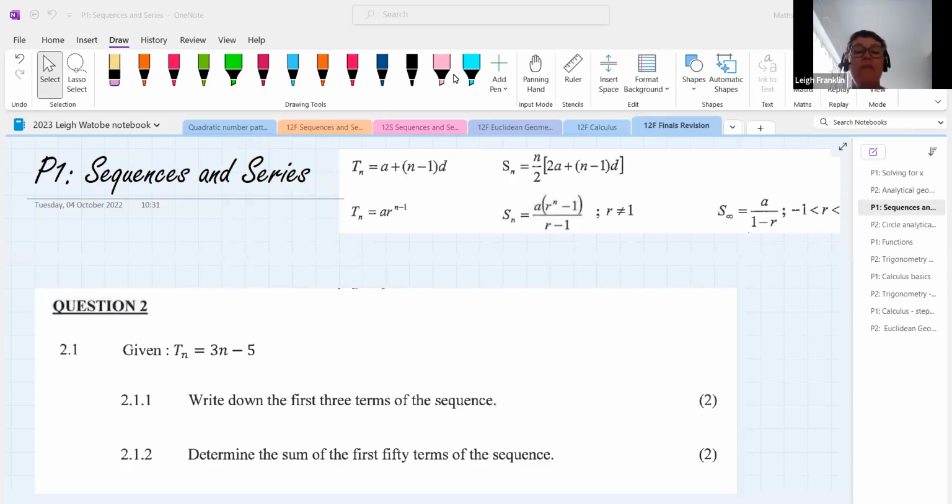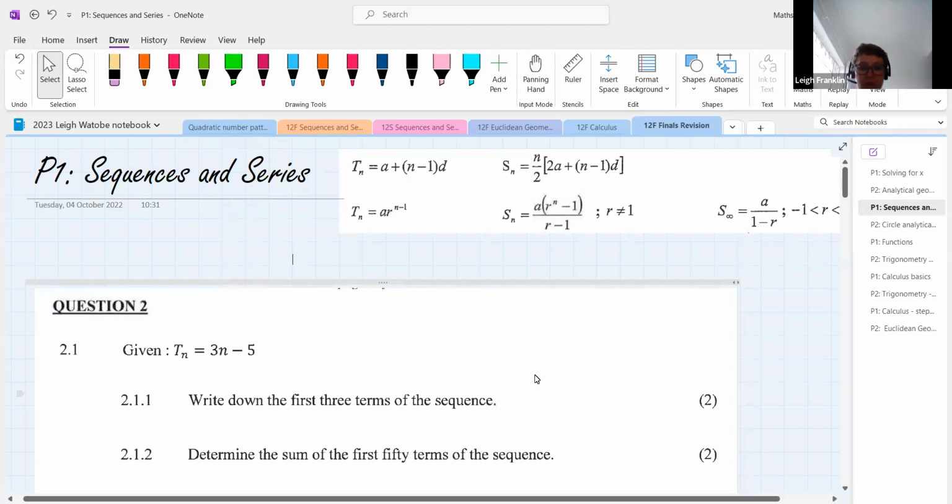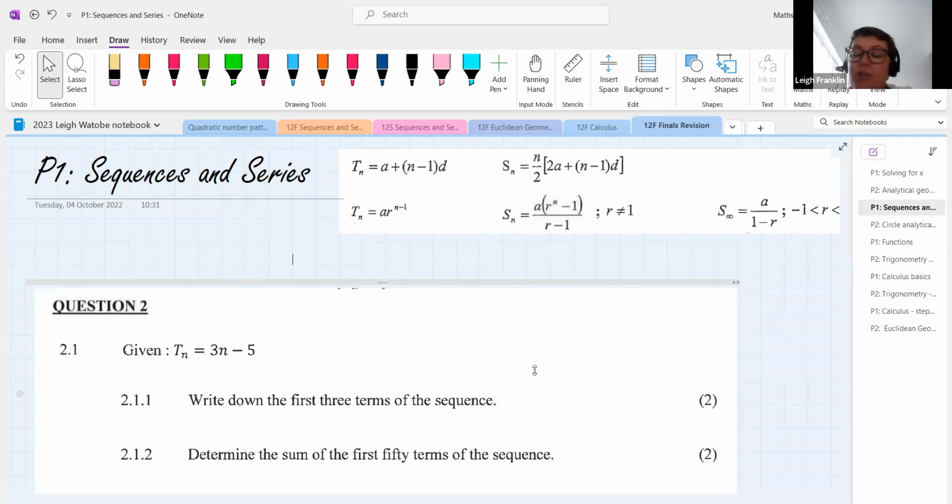All right, guys, so it's 5 o'clock. Let's get started on this. It's Tuesday today, so that means we're doing paper 1. Today, we are going to do some work around sequences and series. The first